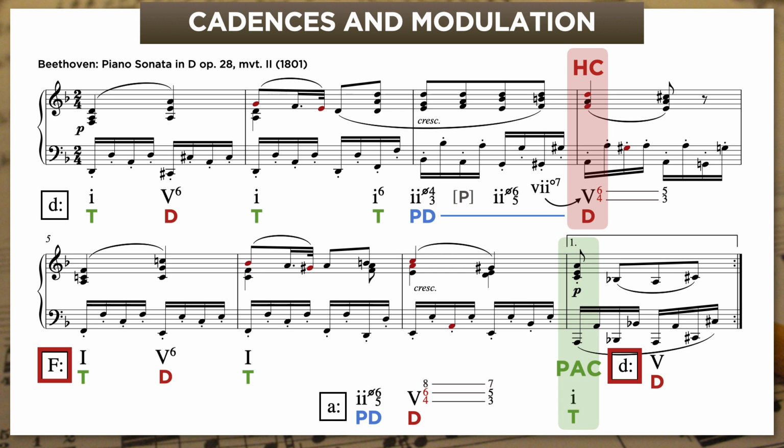Cadences, even half cadences, tell us that a musical span has reached some kind of conclusion. They create a break in the musical flow, and with that, an opportunity for something new to begin just after. That's why it doesn't feel jarring when Beethoven leaps from D minor into F major at the system break. The half cadence gives us just enough punctuation to open our ears to the possibility of something new.